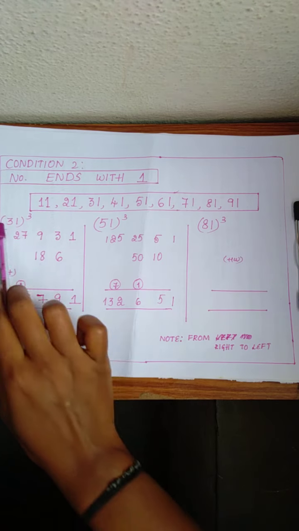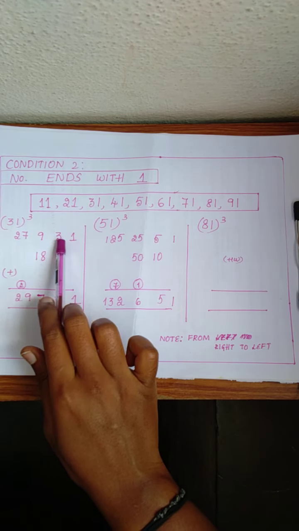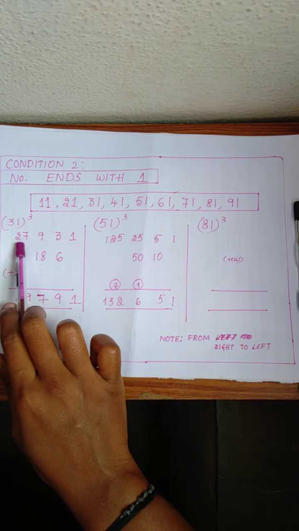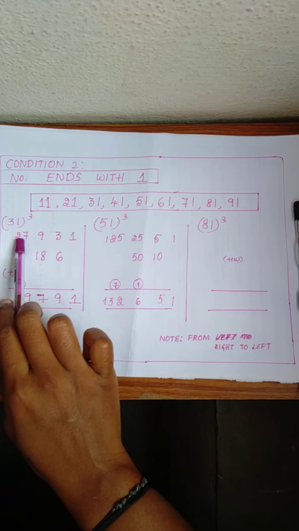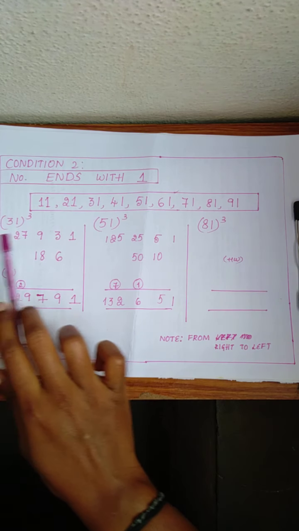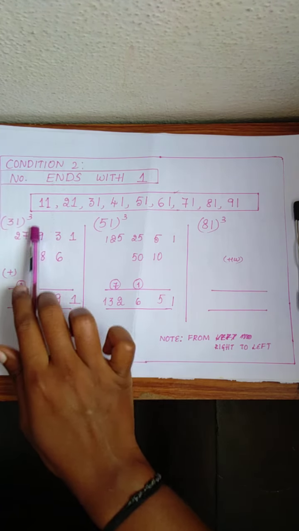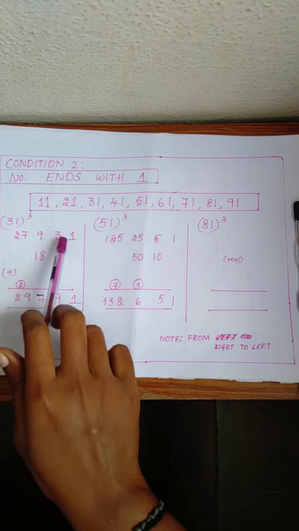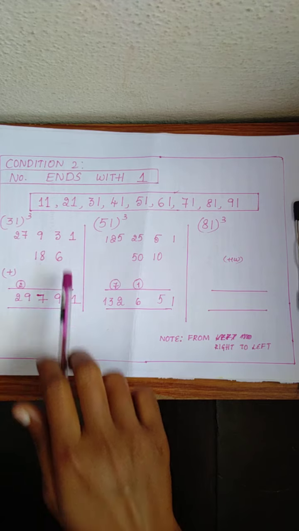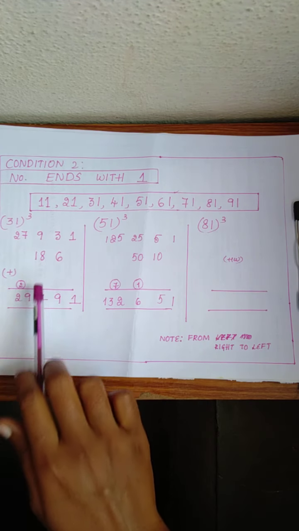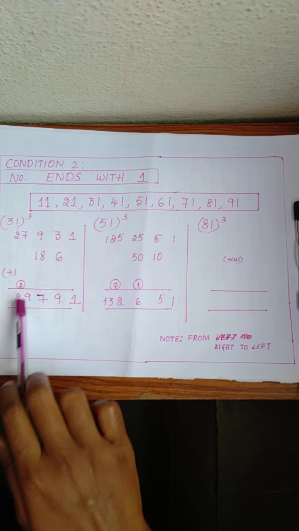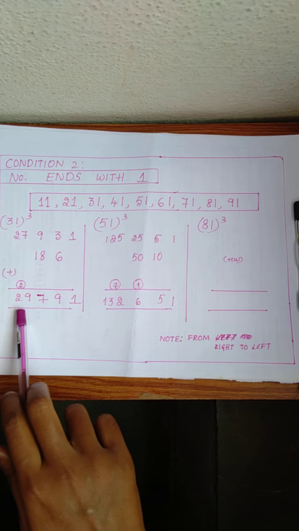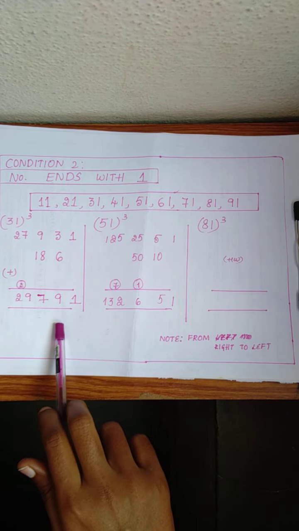Write 1 as it is, 3 as it is, square the 3, it will be 9, cube the 3, so it is 27, and then remove the first 1 and remove the last 1. The middle 2 digits, you have to double them. 9 2s are 18, 3 2s are 6, and simple addition. 1 plus 0, it will be 1, 3 plus 6, it will be 9, 9 plus 18, it will be 27, 27 plus 2, it will be 29, and the answer is 29,791. Quite easy, right?